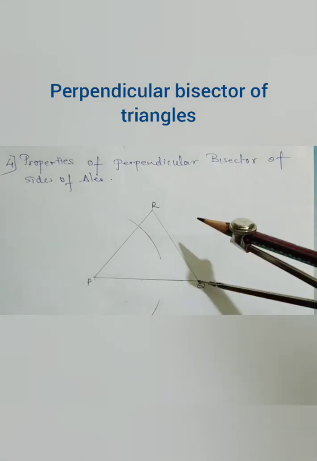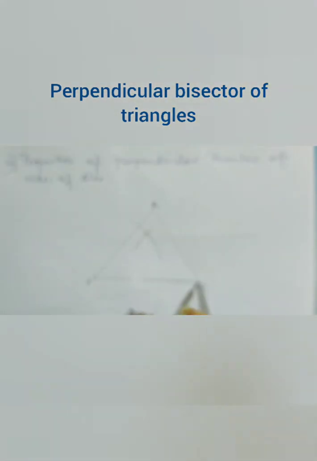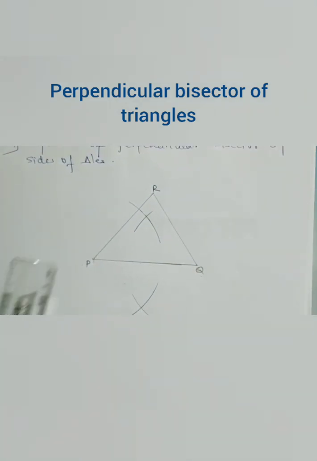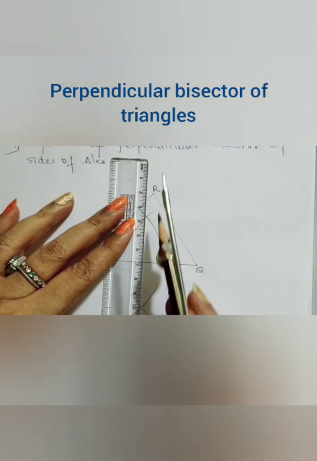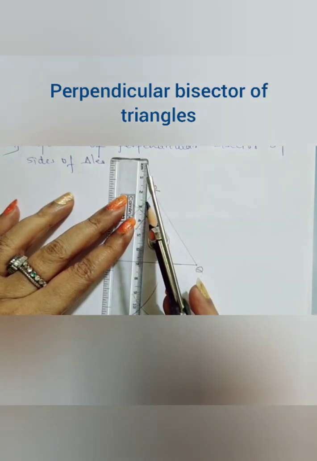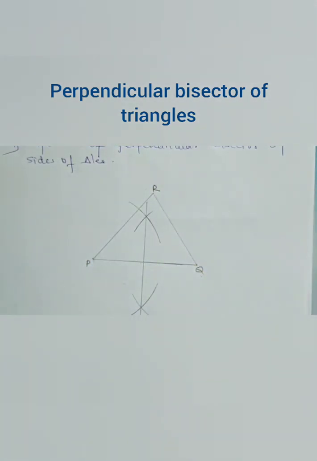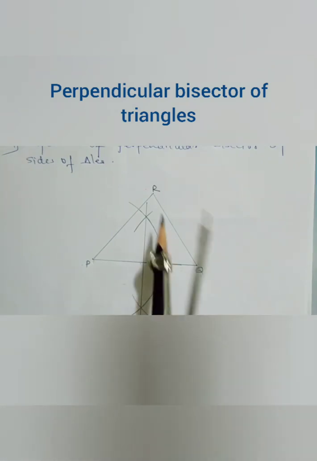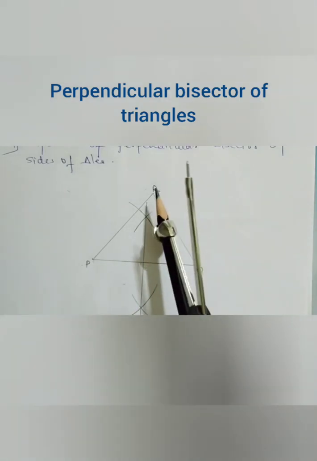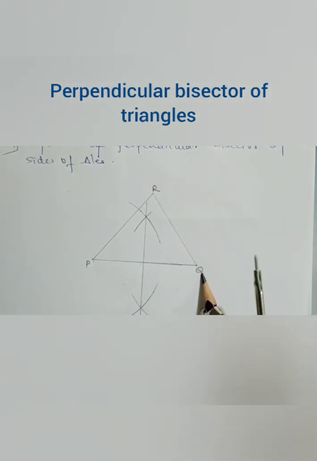So now on the point Q, the other arc I am making. Okay, now we are going to join this. Understood? This is the perpendicular bisector of line PQ. Now again we have to make side PR. Same thing, same perpendicular bisector we have to make, and again in QR also we have to make the same perpendicular